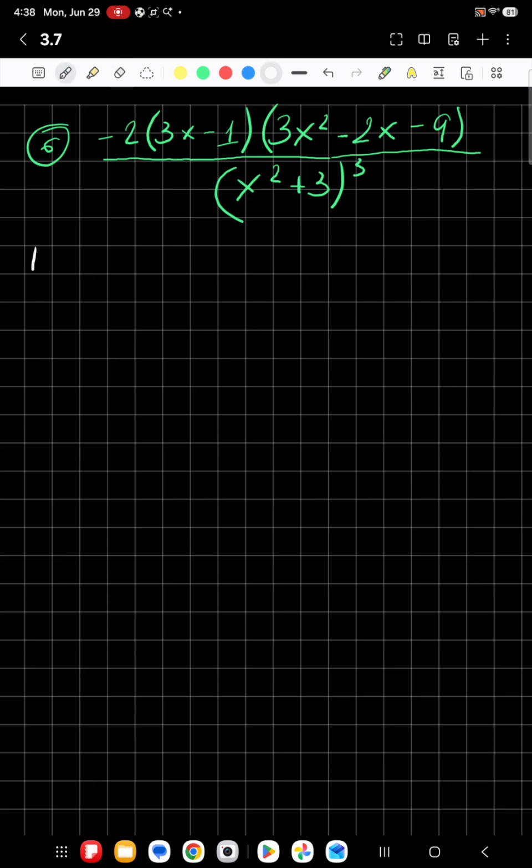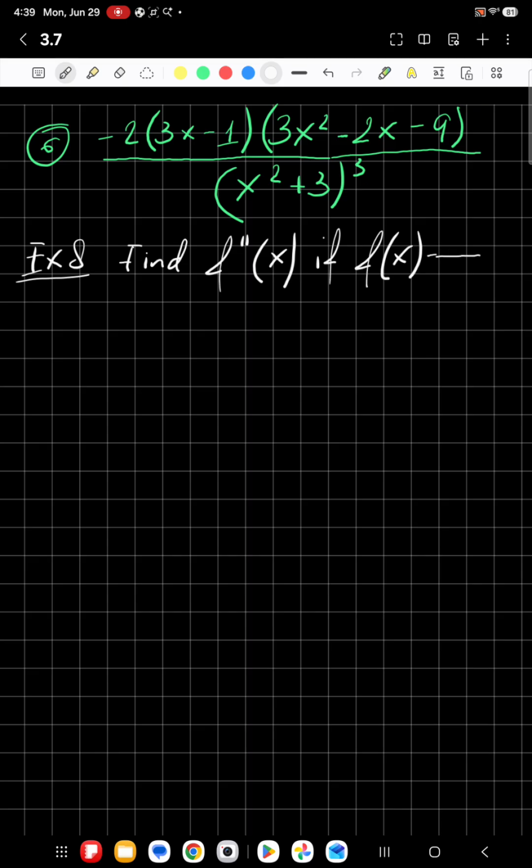Right, so this one, example 8. So this time we need to find the second derivative. So find f double prime of x if f of x is equal to 1 over 2x minus 6. Okay, so let's start with the first derivative, and that is